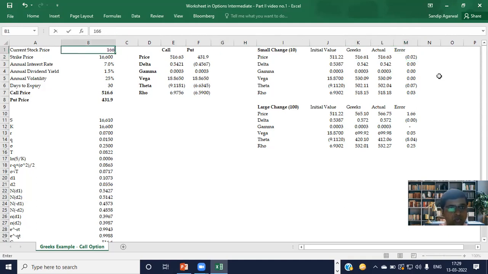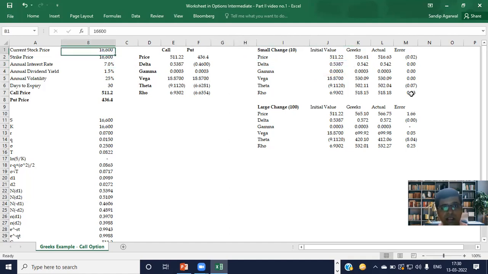Now we again restore this value back to the original value. Now similarly, you see in case the Nifty, which is the underlying instrument in this case, moves by 10 points, then what would be the revised delta in this case? It will be the original delta plus the gamma multiplied by 10. Why 10? Because this gamma is for 1 unit of change in the Nifty instrument. So in the current example, we are speaking about a 10 point change. So then what would be the delta? 0.5387 plus 0.3 into 10.